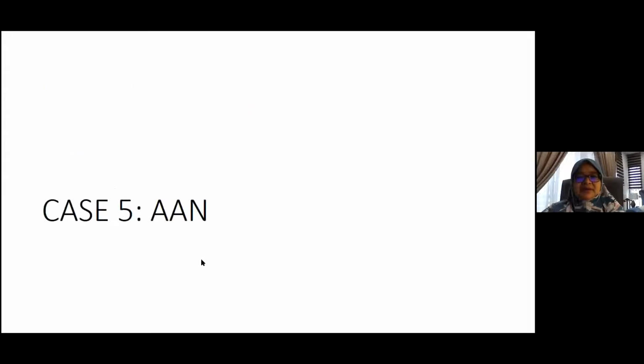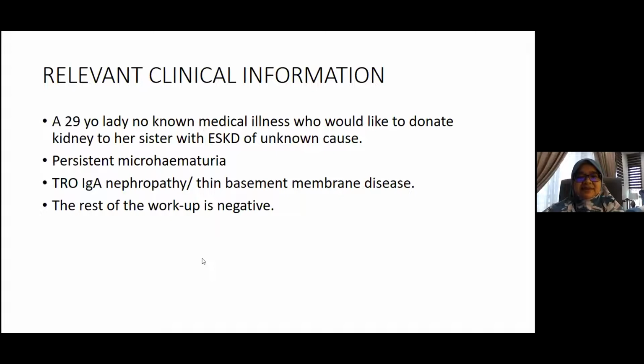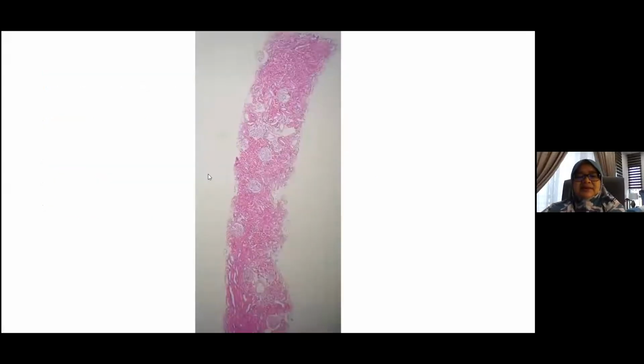Okay. All right, so the next case is case 5. So she had persistent microhematuria, also planning to donate for her sister. The rest of the workup is negative. Okay, so this is normal looking